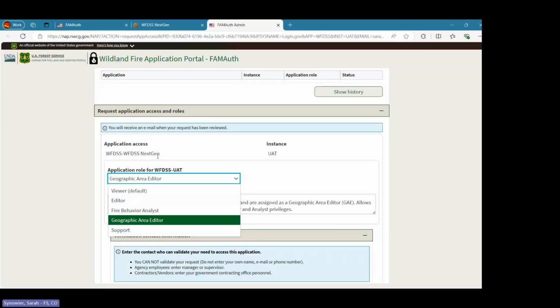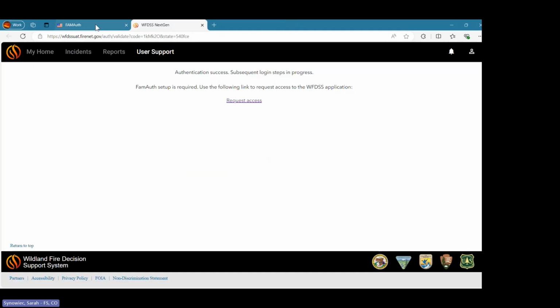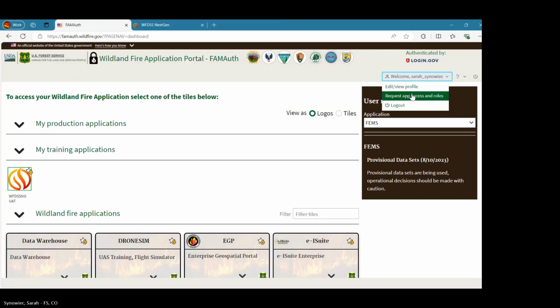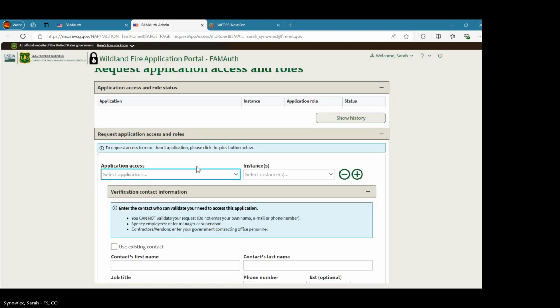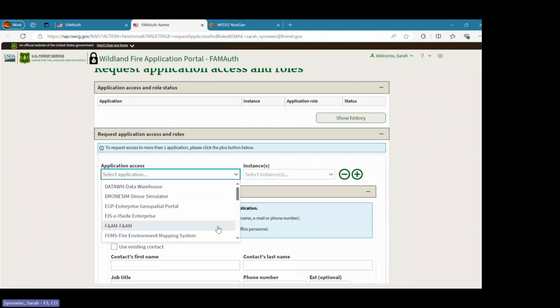So for this, if you have this screen, that's great. I'm actually going to go back out and go back to the other screen just so I can discuss what the difference is in the screens. So here you get to pick the application access and the instances. So what we can do if you have this available, you're going to look for the WFDS